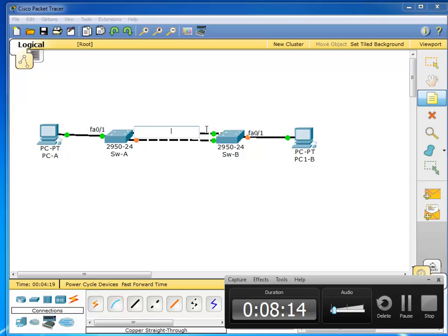Copy that, and again right here, FA0/23. And this connection here, it's FA0/24 with FA0/24. Okay,